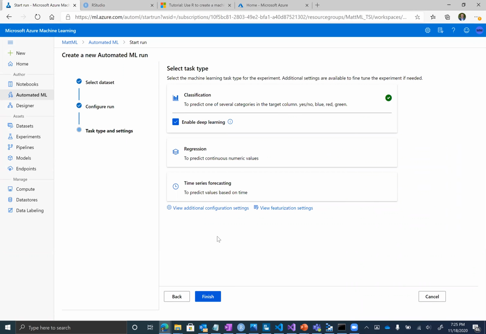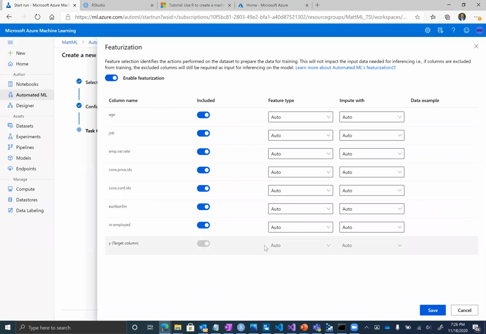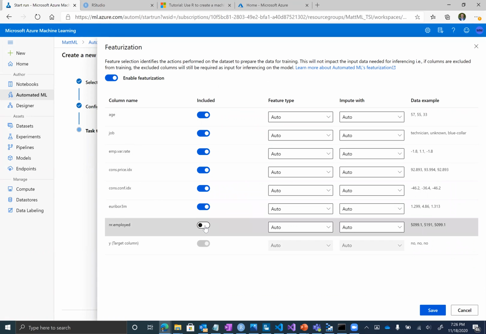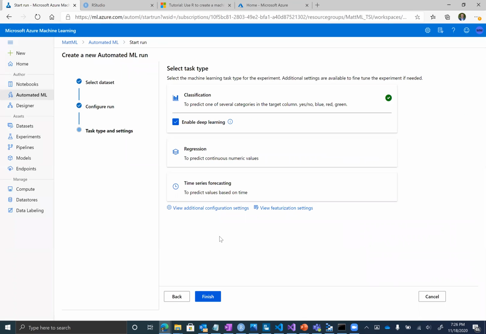What it's going to do is go through the process of splitting the data up into different folds for training and validation. It's going to evaluate them based on whatever configuration was automatically set, and it'll do its thing. It's going to say, okay, that Y variable is our target variable, everything else we consider a predictor, and let it rip. But you have the ability to toggle a few things here. You can see here, I can turn off a few predictor variables if I realize, hey, wait a second, this employed variable doesn't matter, or it's target leakage, I want to turn it off. I can turn it off there, click save, and be done with it.